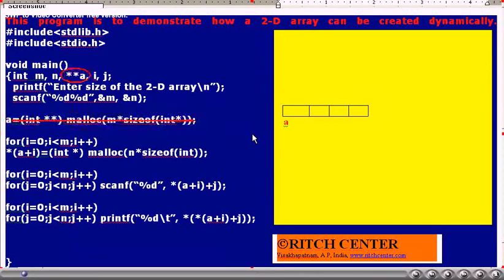This approach of creating a 2D integer array dynamically is proposed to alleviate the problem we have faced in the previous example. In the previous example, we created a 2D integer array but with a constraint on the number of rows, that is 10. That is, at most 10 rows our 2D integer array can have. Now in this problem we want to relax it. How can we achieve it?